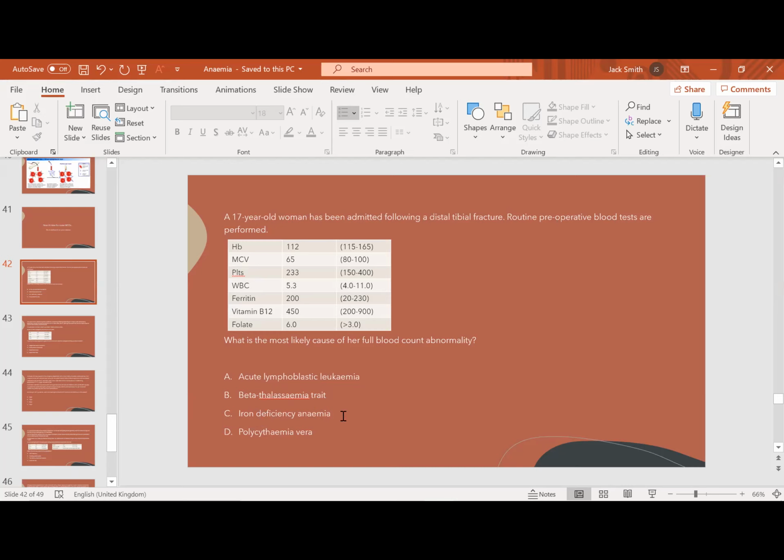An MCV of 65 is a way off 80, but she's really not that anemic. She's managing pretty well, and that's pretty classic for